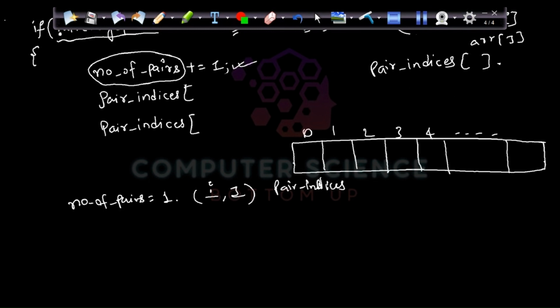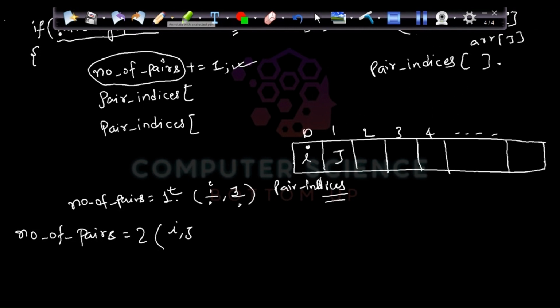So when your number of pairs is 1, this i you have to update here and this j you have to update here. You get another match. The number of pairs now is 2. Number of pairs was 1, and i and j were there. Because of this i and j, you get one match. And let's say p and q, because of indices p and q, you get another match. Now you have to put this p here and this q here in your pair indices